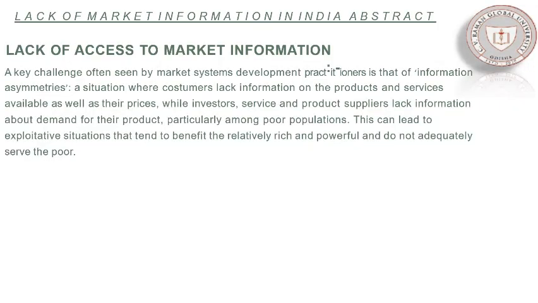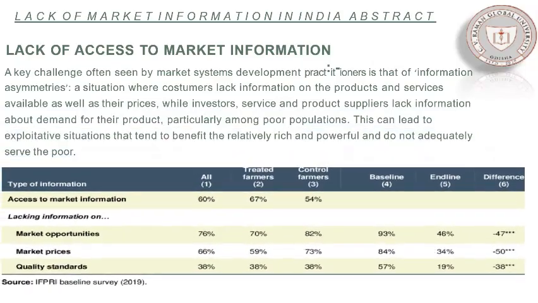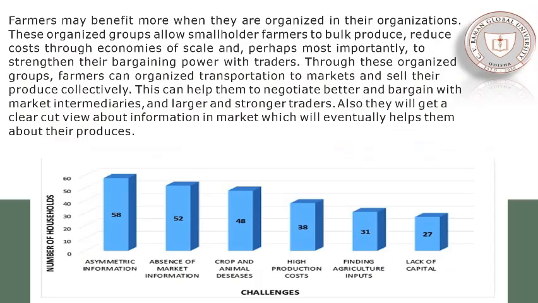Aspects which lead to the downfall of proportional marketing distribution in general. Farmers may benefit more when they are organized in an organization. These organizations have a systematic and definite set of rules and guidelines which make them aware of the marketing scene. In that order, it is eventually going to help the production front of this sector.